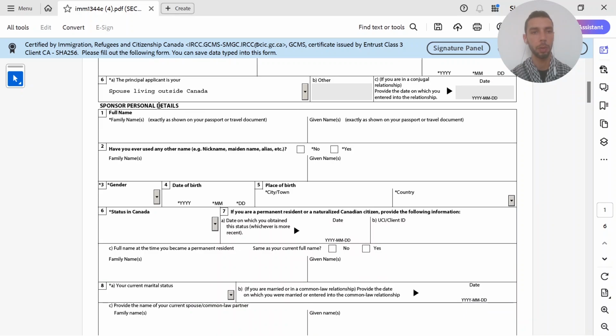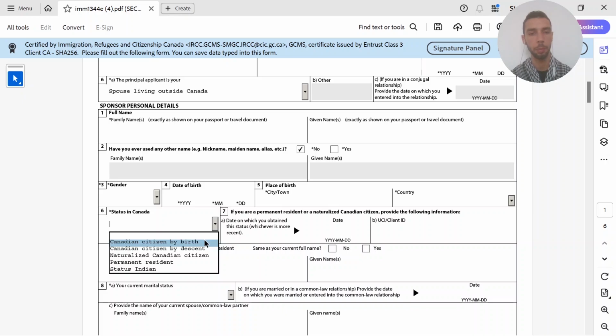Here you enter the sponsor personal details, so that's the name. If you have used any other name in the past. By other name, here it only refers to official name. So somewhere where you had an ID with a different name. If it's just a nickname, don't mention it and click no here. Okay? Then you have your gender, date of birth, place of birth, and the country, and your status in Canada,